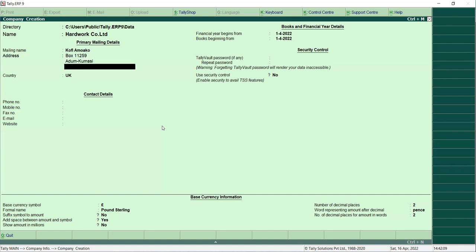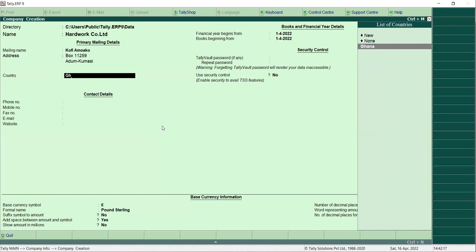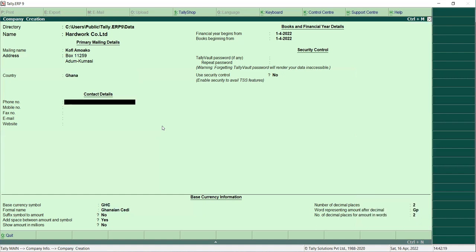After that, you press enter, and then it continuously brings us to the country we are in. So we select Ghana, then we press enter. Now in the box where we enter our phone number, the idea is to enter the contact details of the business that you're dealing with. And so I'm going to assume a contact and put it here,